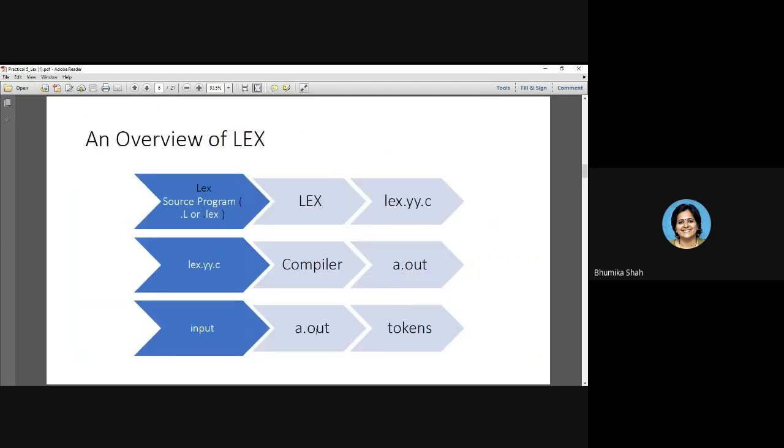So how is lex working? If you see the overview, this is very important to understand. Lex is a tool. So you write a source program. Suppose the name of the program is scanner, so scanner.l or scanner.lex. Please consider this l in small case, it is not capital case letter. Okay. So you write a lex program, then you invoke the lex tool. We will see the commands also at the end of the program, how you are going to invoke it. So what is the lex tool going to do for you? It will convert this scanner.l to lex.yy.c. This is a default name, you cannot change it. Whatever is the name of your lex program, the equivalent C program will always have the same name, lex.yy.c always.